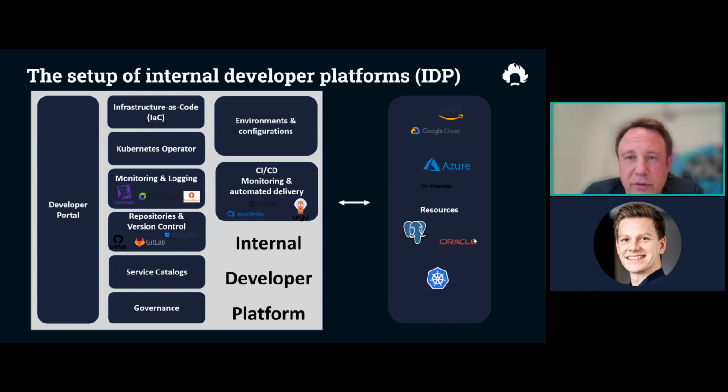CI/CD are an important part, so you don't want to throw out what you've built already on your tool chain, your automation. You integrate with the processes, but you make it more visible. You make it visible to everybody in the process. And again, you can automate the delivery then as well. And you connect to existing resources, whether that is any public cloud, private cloud, on-prem databases, and Kubernetes does play a big part in the cloud native adoption as well, and is a great tool, but also creates complexity that you abstract away with the internal development platform that way.